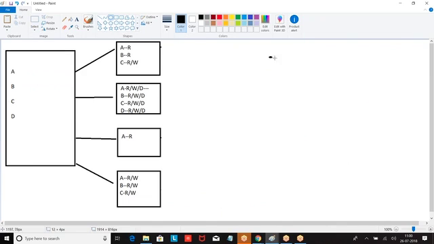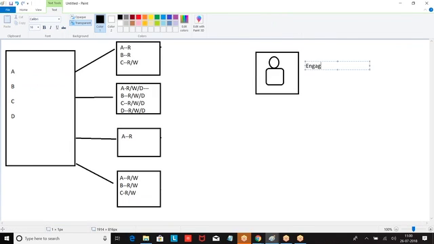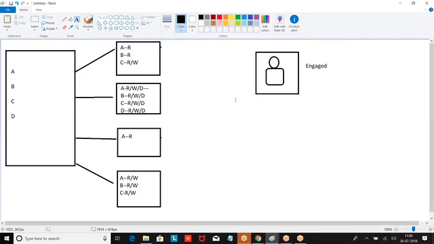Now let us say we have a person who has a profile. He is not married, boss, just engaged. This fellow forgot to wish her on her birthday. He got engaged, but he forgot to wish her on her birthday. Then what happened? Will the page layout be shown? The page layout will not be shown because you're not yet married. Only a sample of your future will be shown.